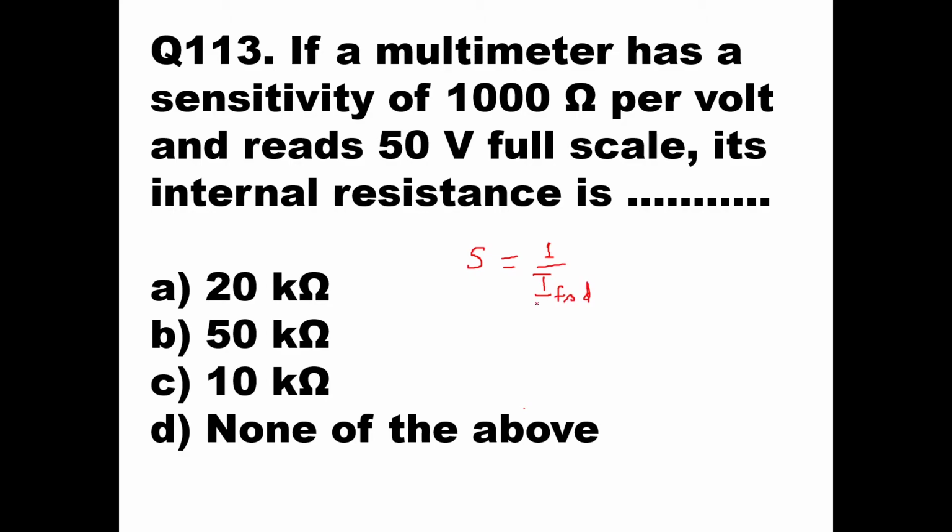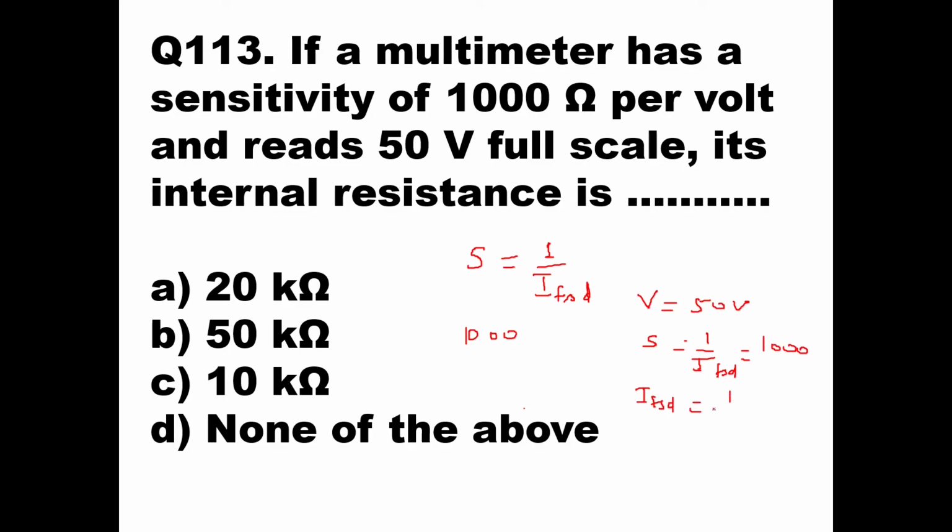So if your sensitivity is 1000, and it is going to read 50 volt full scale, that means voltage is equal to 50 volt, and sensitivity is equal to 1 upon IFSD, this is equal to 1000. So here IFSD is equal to